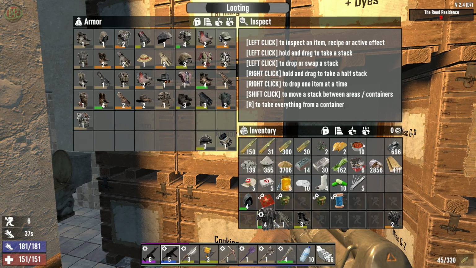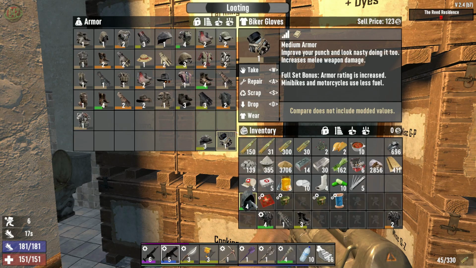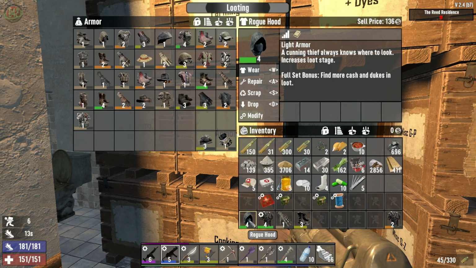Because after the Blood Moon, when I'm getting ready to go out into the world and do some hard POIs and stuff, these health and stun resistance, and maybe not the melee damage, but the armor rating increase for the full set bonus, that would be helpful for me. But it's not that useful for the Blood Moon. So I'm going to go with this